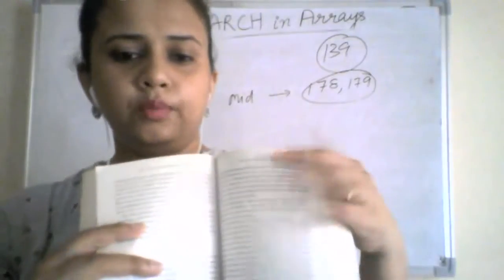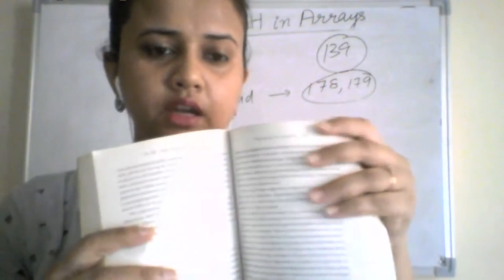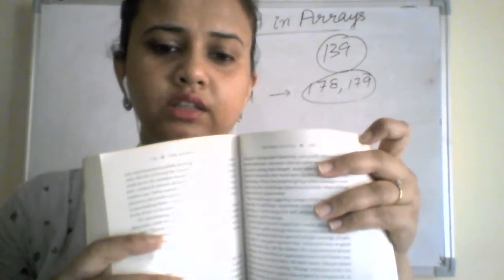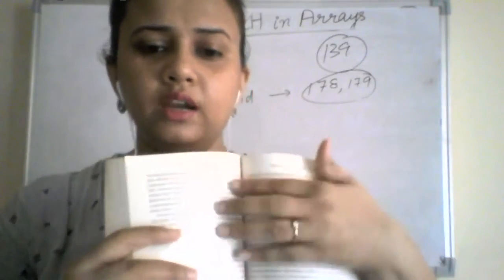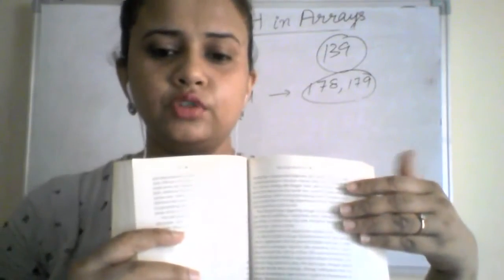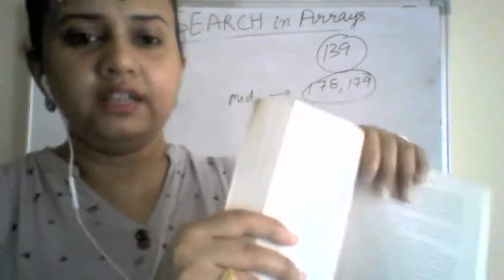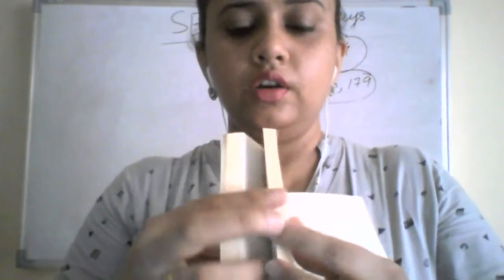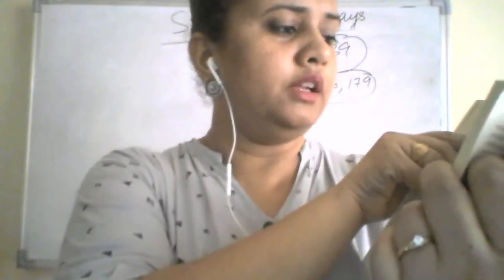So this portion of my book is of no use to me, because I already know that my data is in a sorted manner. I will not be able to find 139 in it. So I will discard the second portion of my data. The other portion is important for me. I will again divide it in half. This will not be exact half, but in binary search, that is half. So here I have again divided my data in half.